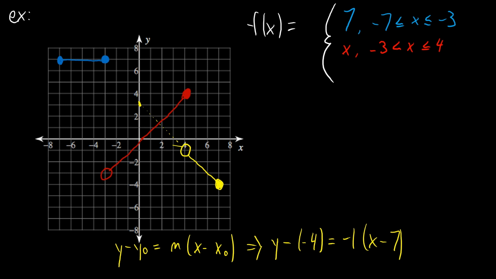Okay, so I'm just going to move this up here. So it's going to be y plus 4 equals negative x plus 7. Okay, minus the 4, and you're going to have y equals negative x plus 3. Okay, so they match up. So negative x plus 3, and this is going to be on the interval of 4